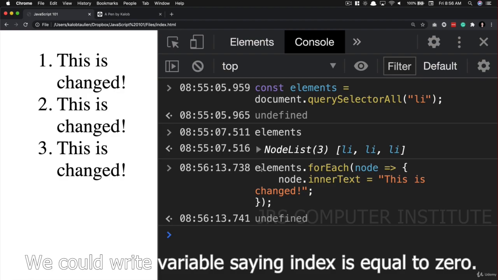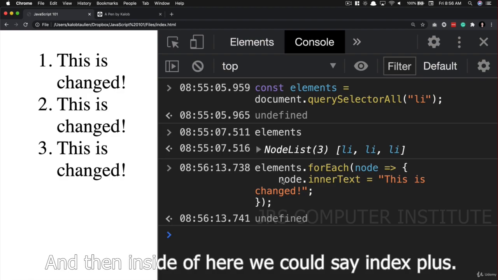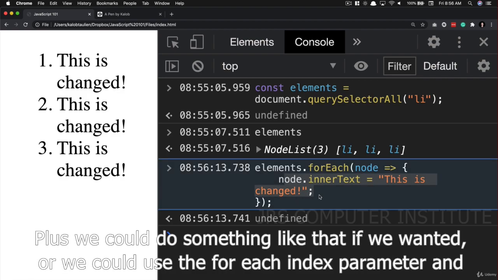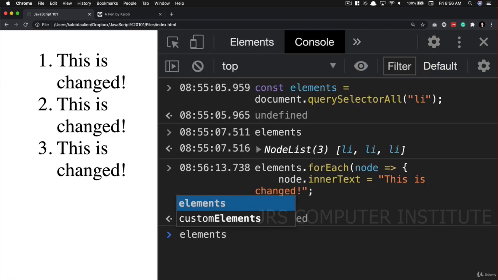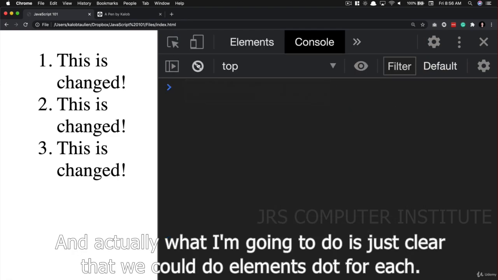We could keep track of it. We could write a variable saying index is equal to 0, and then inside of here we could say index plus plus. We could do something like that if we wanted, or we could use the forEach index parameter. And so we could do elements, and actually what I'm going to do is just clear that. We could do elements.forEach,